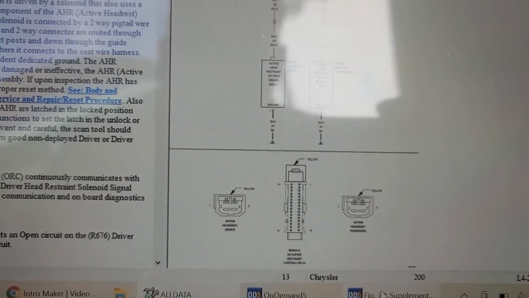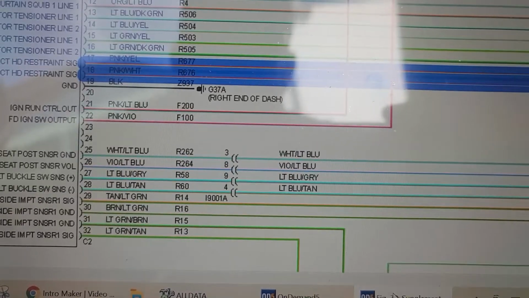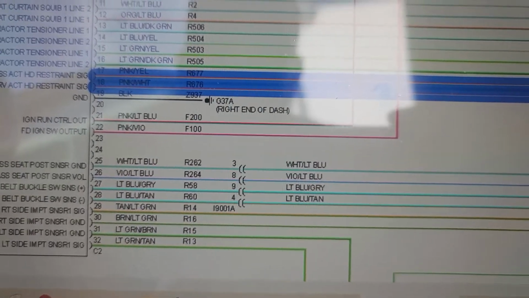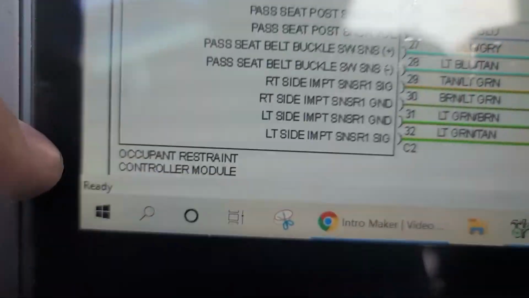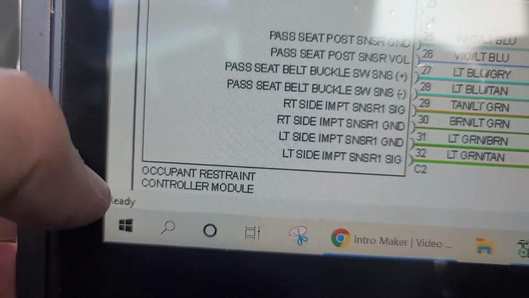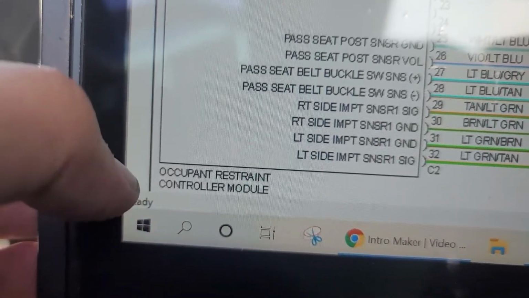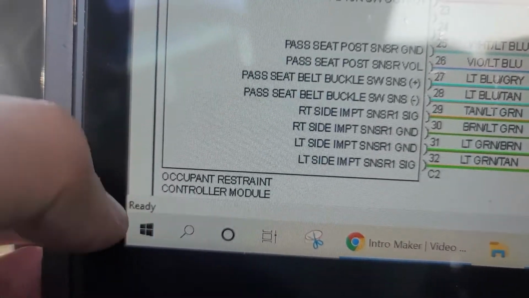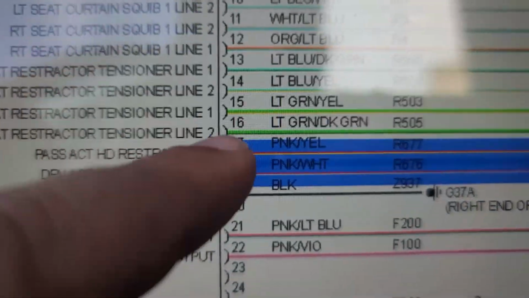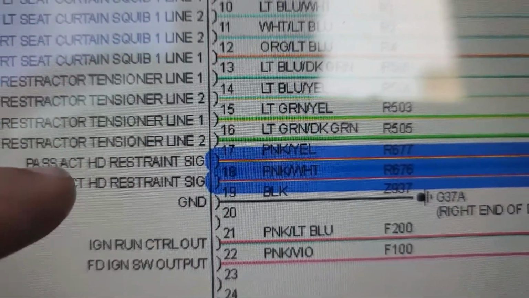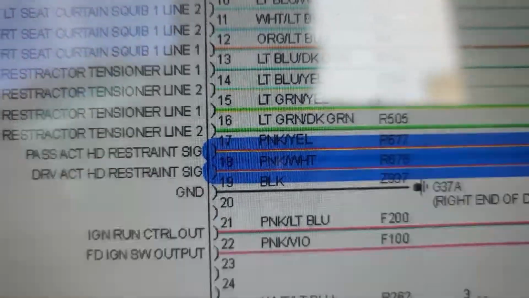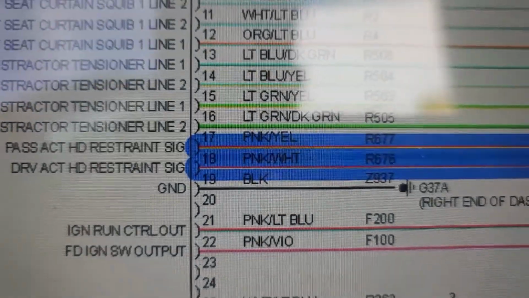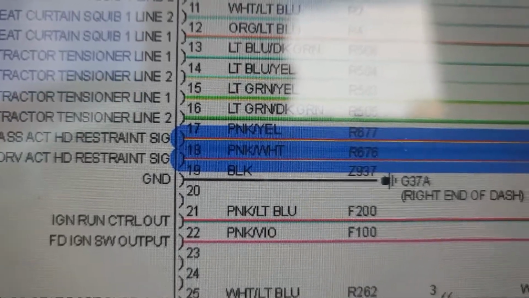Now, that makes me go compare it with Mitchell. And here, the airbag control module, occupant restraint control module, ORC. Look, pin 17 is the passenger active headrest signal, and pin 18 is the driver. So again, I am going to go with Mitchell, not with